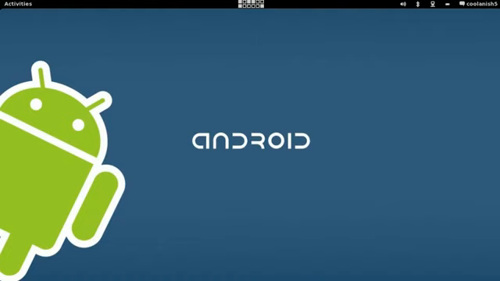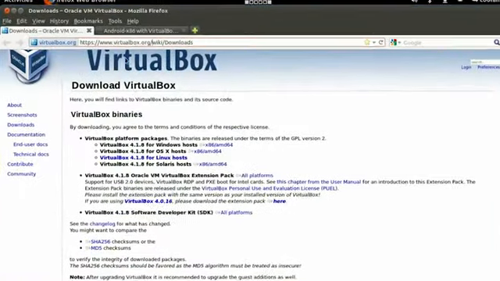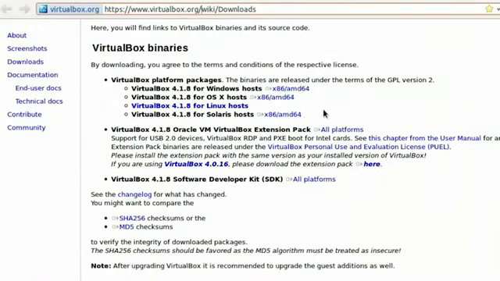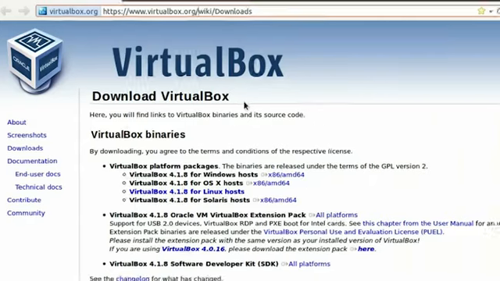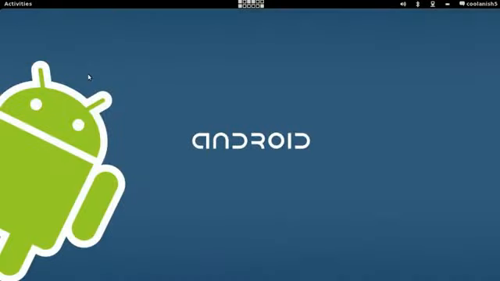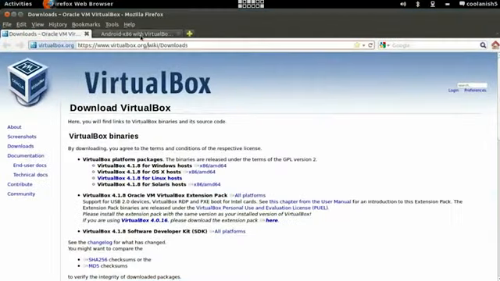So let's get started with the installation, shall we? It's quite easy to install the Android OS onto your PC. It doesn't take rocket science for the installation. All you got to do is head over to this particular site and download the file based on your OS. So once you've got this particular file downloaded, go ahead and install it, and then go to the second